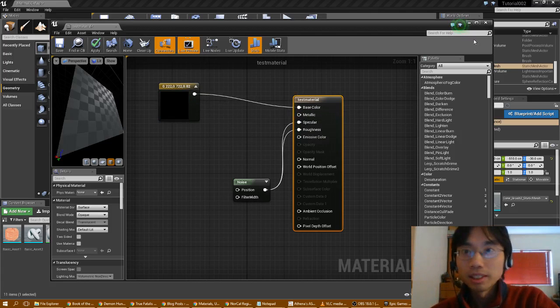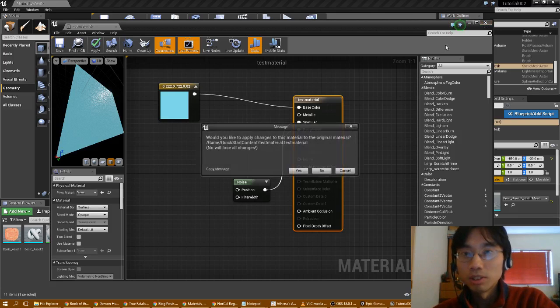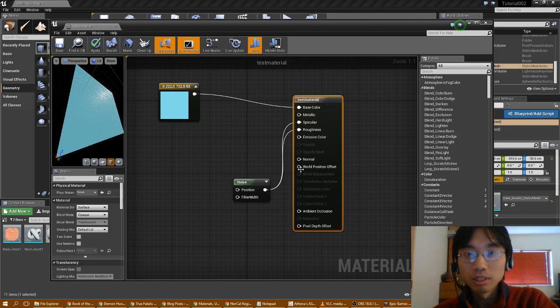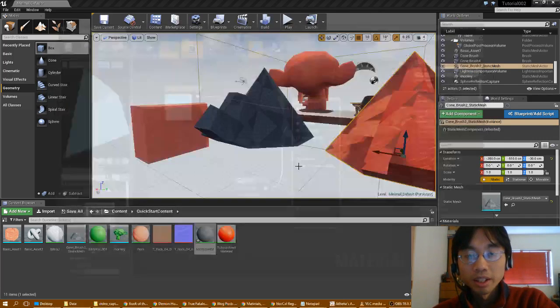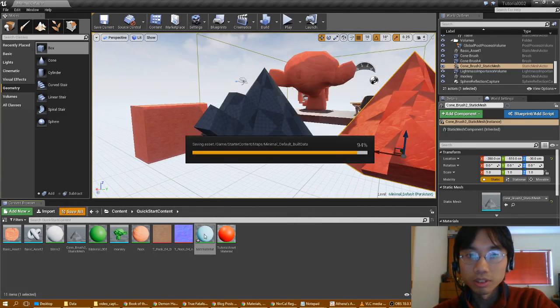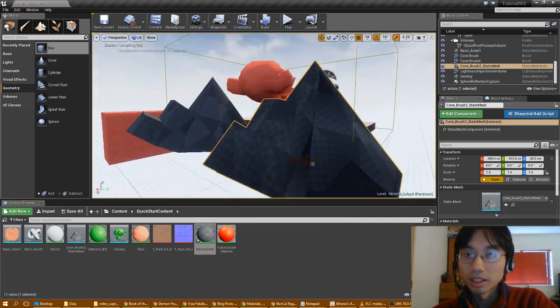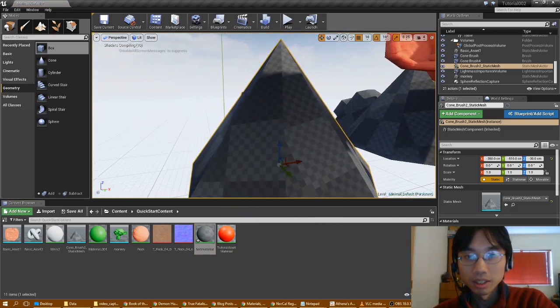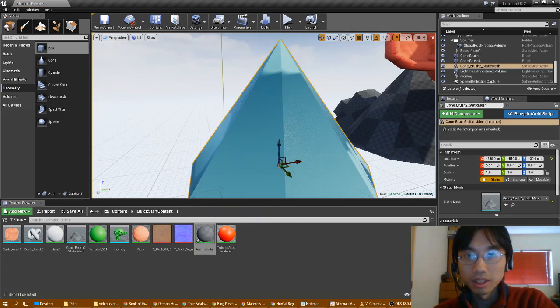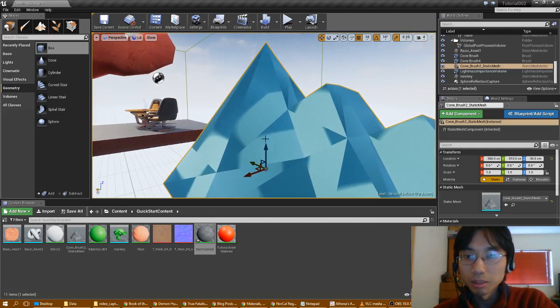Okay, so let me just make this as a material. It's blue and it's got noise on the specular brightness. Yes, save. Right, save all. And then we put this on there. And I mean,